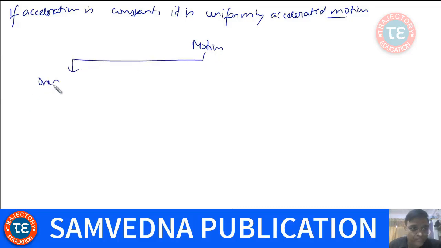We say it is one-dimensional motion. And if it is not in a straight line, see, there are three kinds of motion you can have. Motion can be one-dimensional, that is, motion in a straight line is called one-dimensional motion. Also in a straight line,